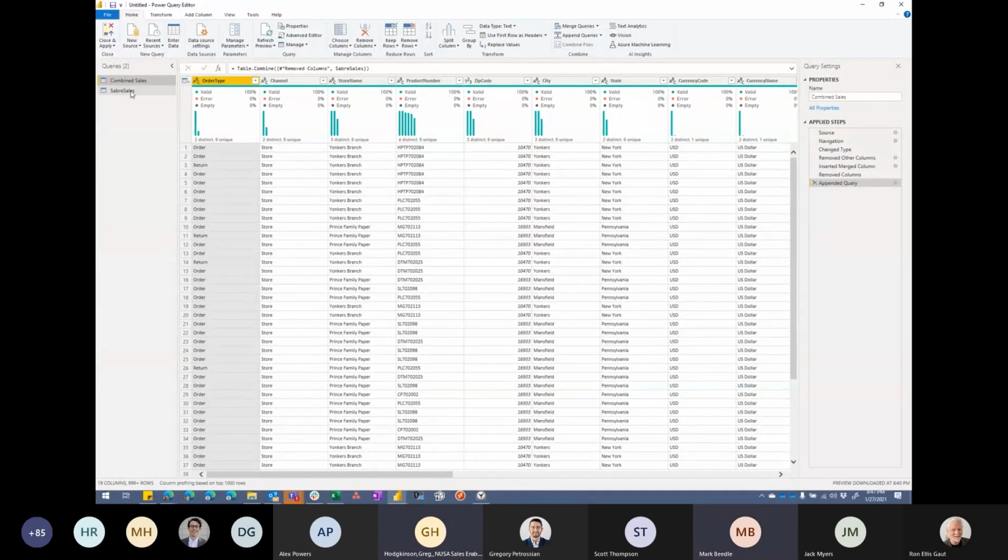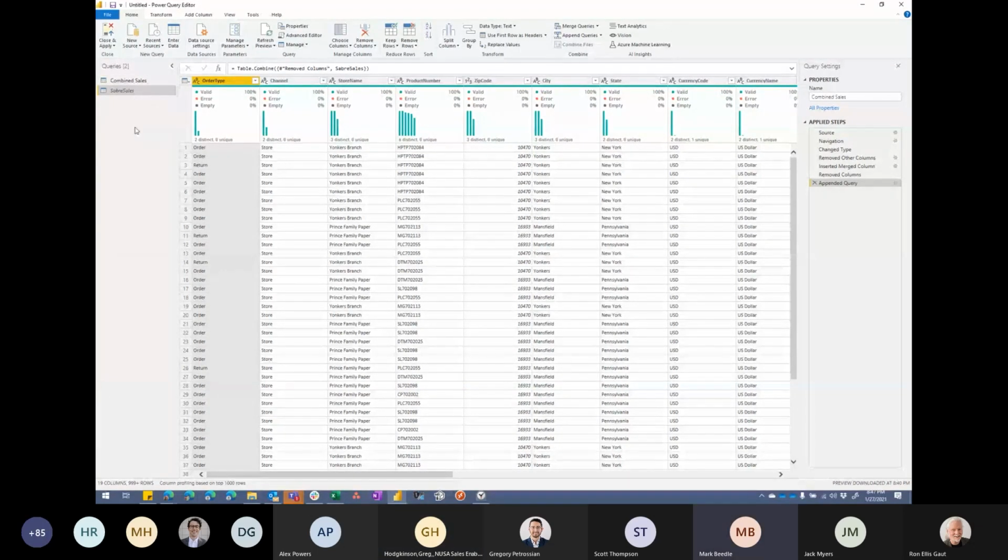I easily could have, but what I'm going to do next is disable the load on my Sabre table. And if I had appended as new, I would have had to disable the load on Dunder sales too, and it's one more click. So I'm just trying to be as efficient as possible. If I can save myself some clicks, I save myself some clicks.